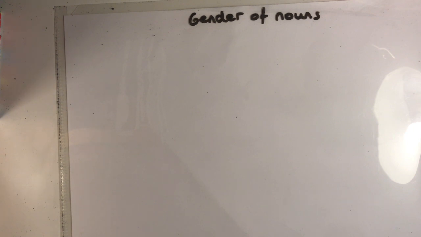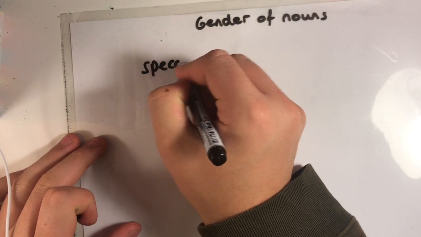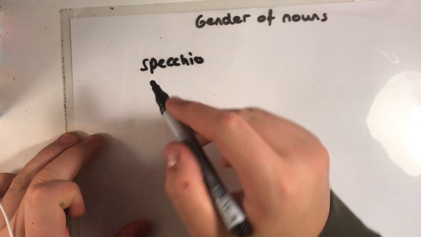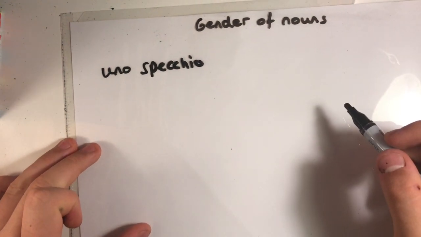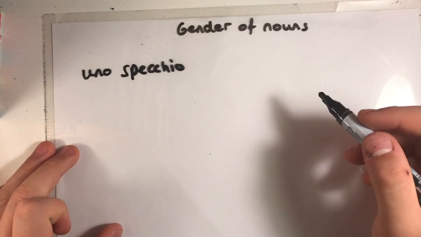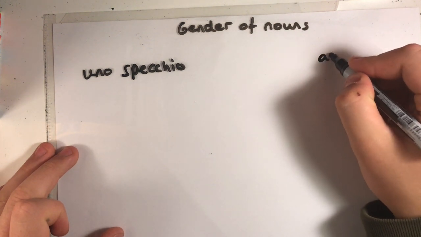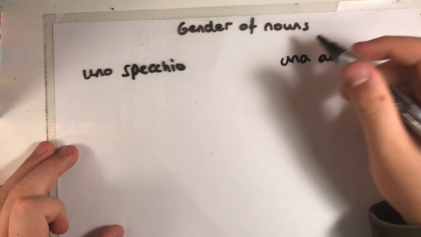For instance, something that has, let's say, specchio, okay? Now, an S plus a consonant, we would use uno. Another rule that we have is if a feminine noun, let's say aula, we can't go una aula because, well,